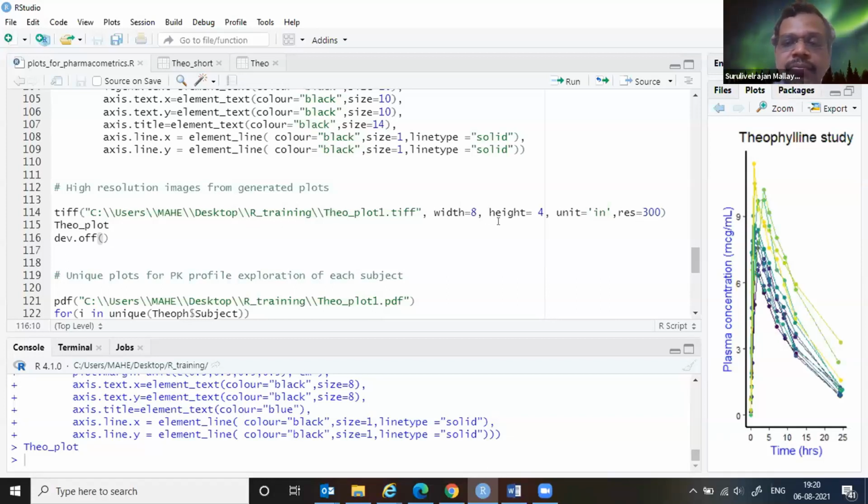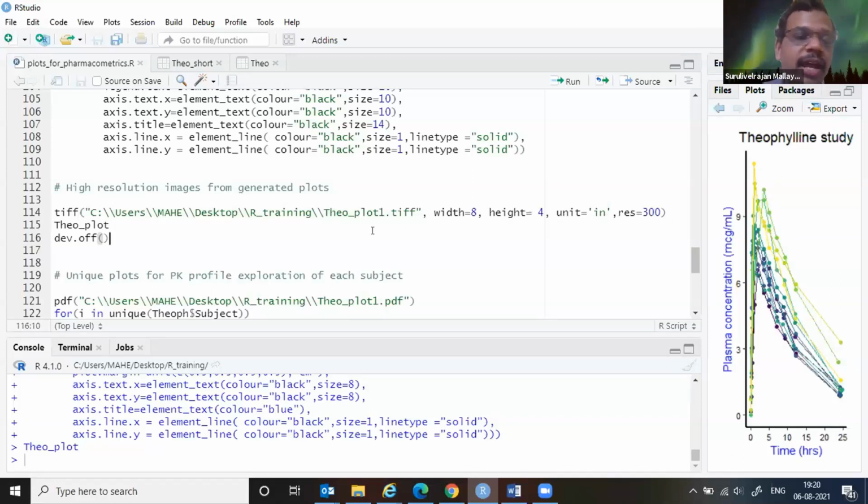You can increase it, it's up to you. You can make it 600, and increase the size and width, depending upon your requirement. If it is a publication, more or less this particular size will do, as that's where the journals will fit this kind of plots. Sometimes for a conference you may want a bigger plot with a lot of information in it. You can increase the size and play around, and make sure that it has high resolution. The resolution is an option for us.